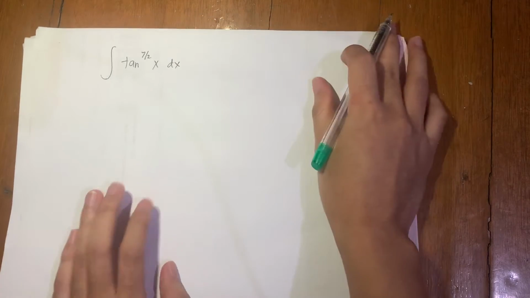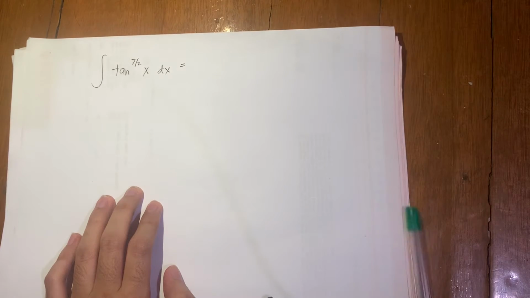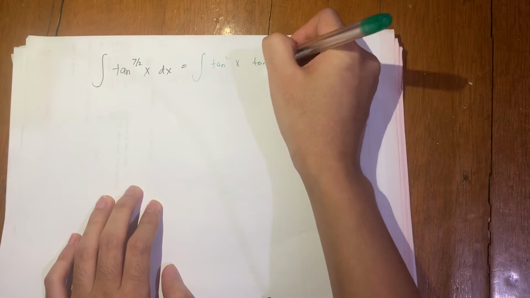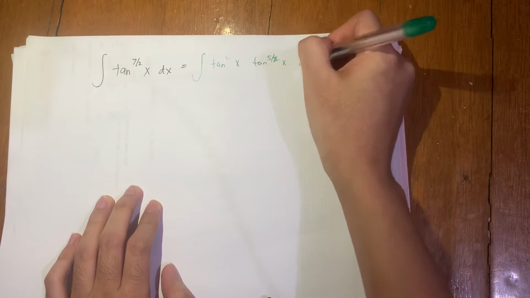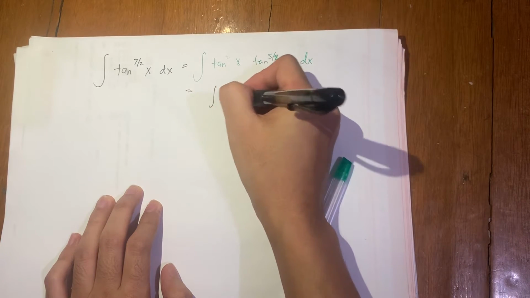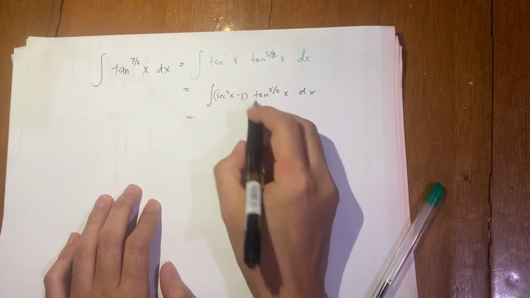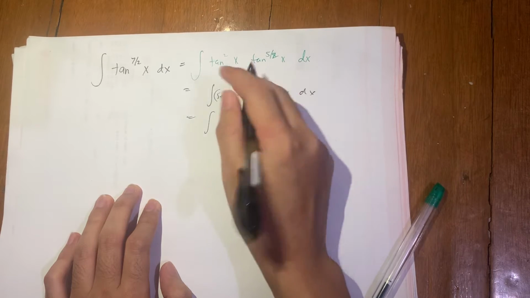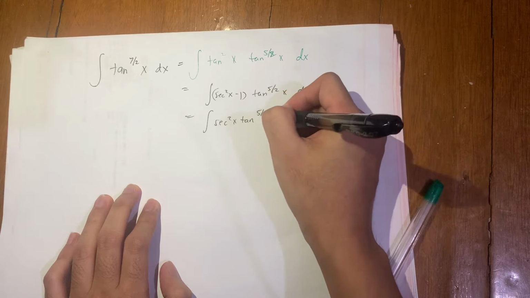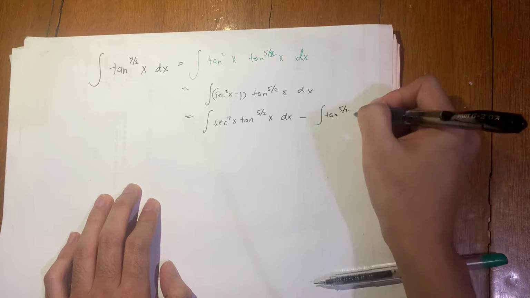So in this case, I will extract the tangent squared. That's tangent squared times tangent to the 5 halves x dx, which is equal to secant squared x minus 1 times tangent to the 5 halves of x dx. So I can factor this out. I can distribute this: secant squared x tangent to the 5 halves x dx minus tangent to the 5 halves